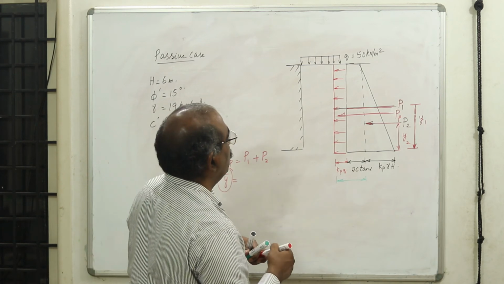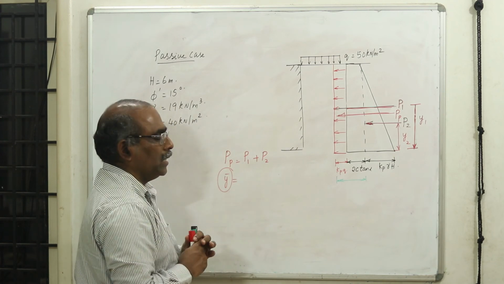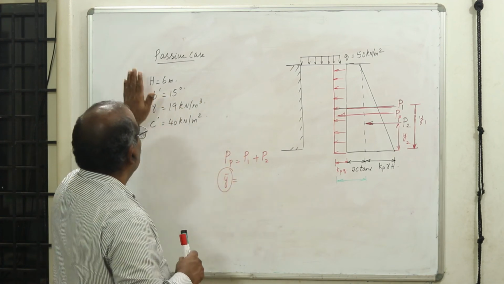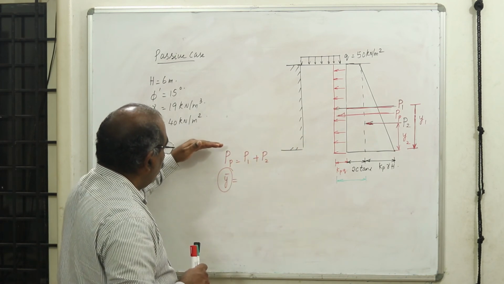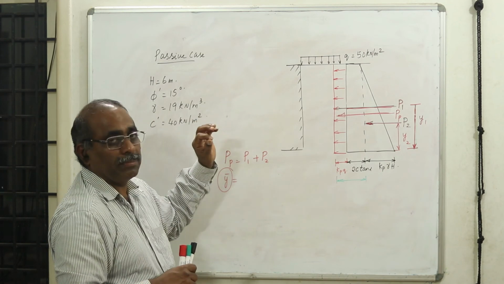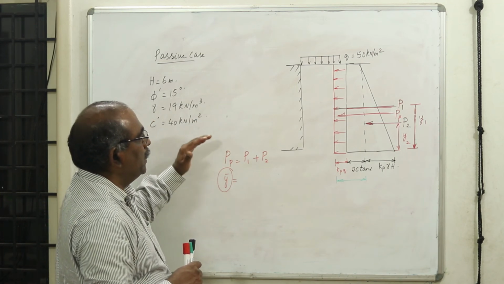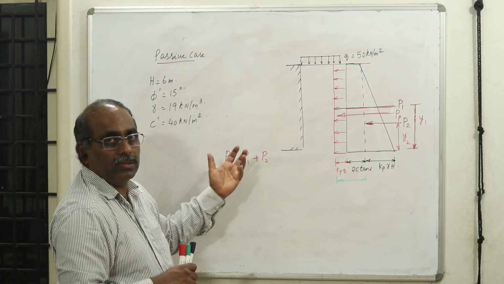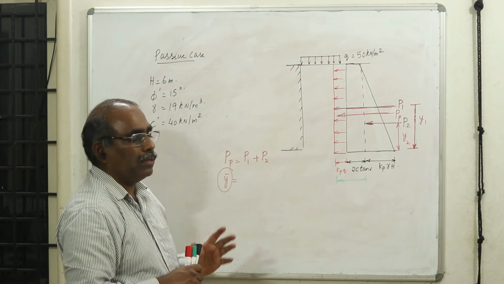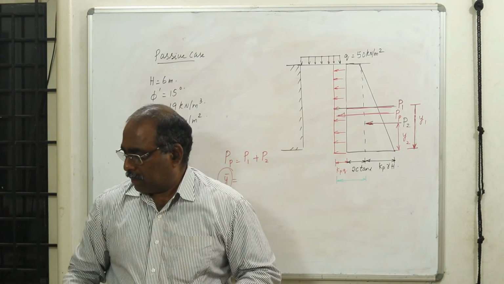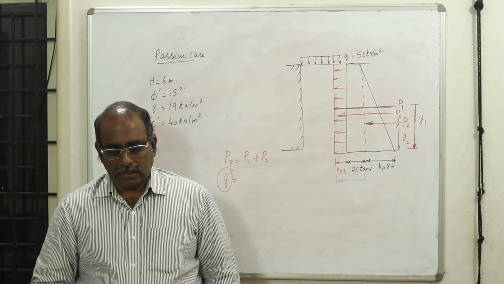This is a simple numerical example. All cases are simple, provided you understand, draw a proper diagram, write down the values, and draw the pressure distribution diagram. You first develop an expression for the intensity of pressure, then substitute the limits, and you get your values. Once you get your values, you can draw a qualitative diagram and solve the problem. Earth pressure is a very simple chapter and you can work out numerical examples.